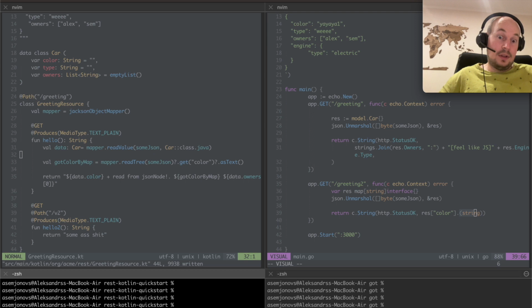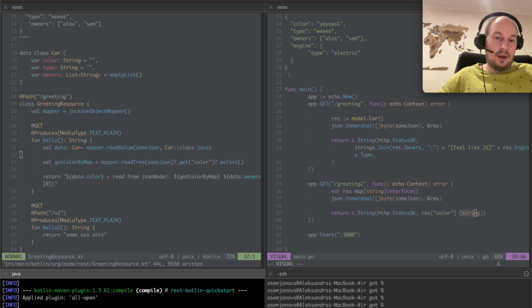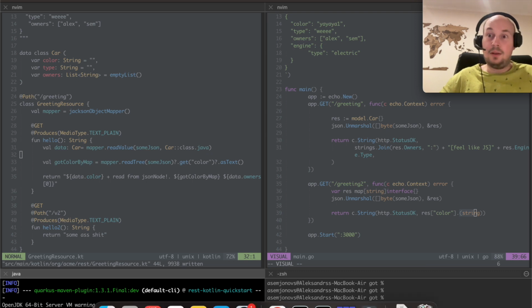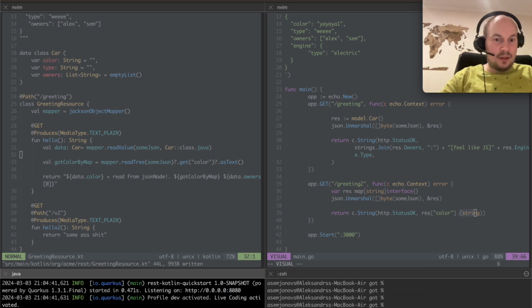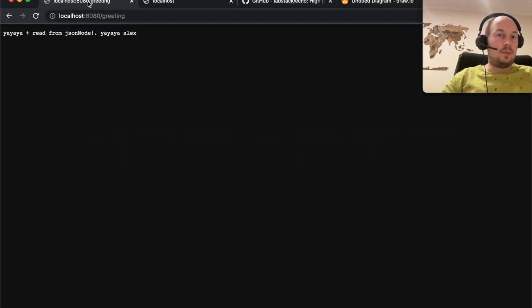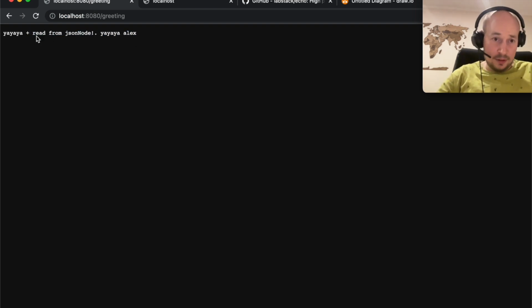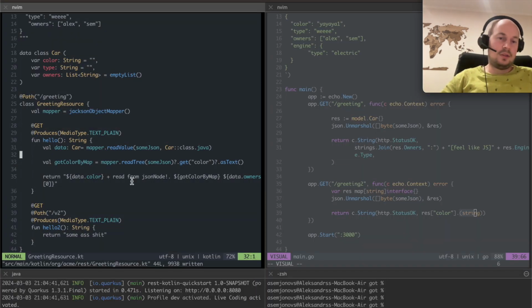So if I run the entire thing and check it in a browser, it's still building actually. So when it's finally built and when it finally presents me with something, I've got the port pre-opened here. Here's my greeting. It gives me that entire string that I wanted, the unmarshaled stuff. You noticed how long it took to compile the simple hello world pretty much application.